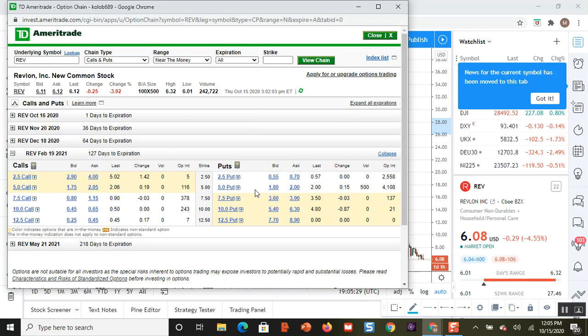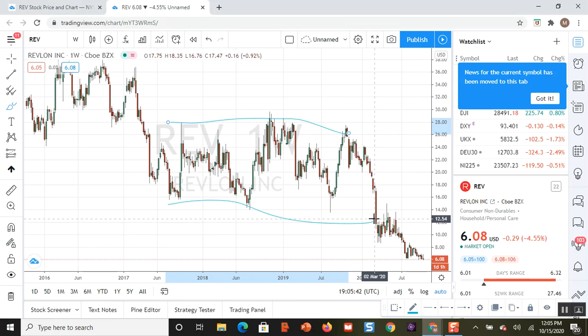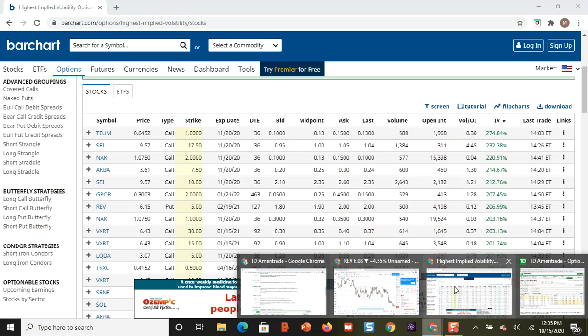Since I believe that this kind of option trading is a numbers game, you're going to hit some, you're going to miss some. So even now, I'm still tempted to trade it, but I'm not going to. I'm going to wait until possibly it formulates its new trend. Could it actually go all the way down? And by the way, if I were to sell this put,